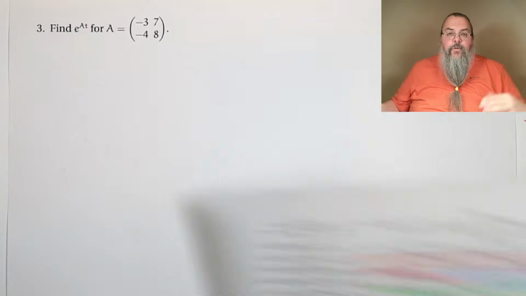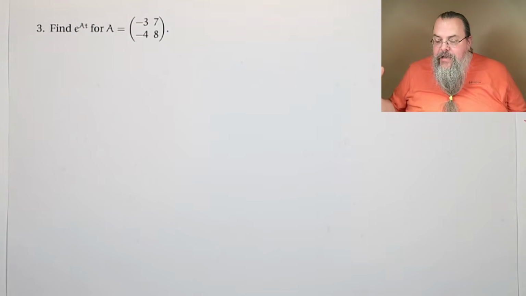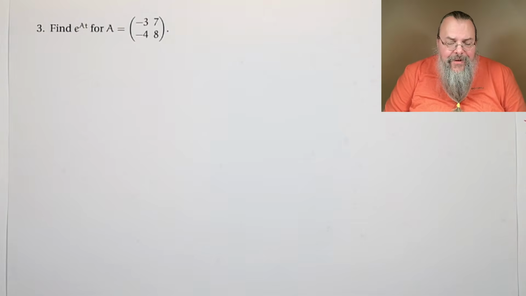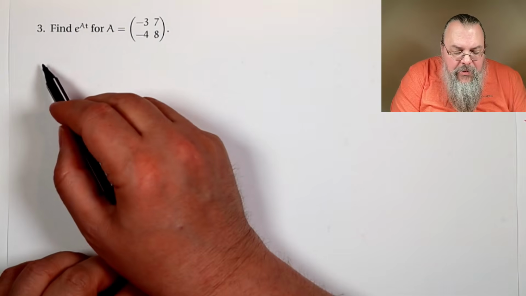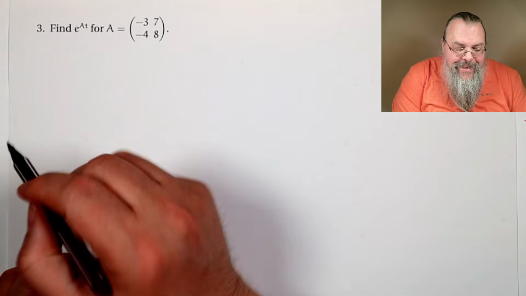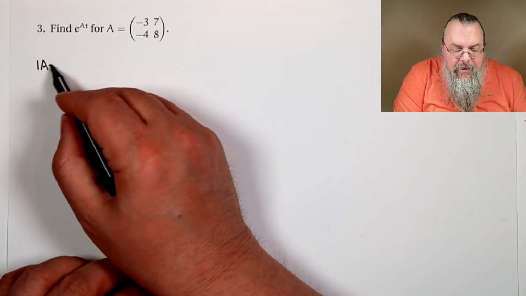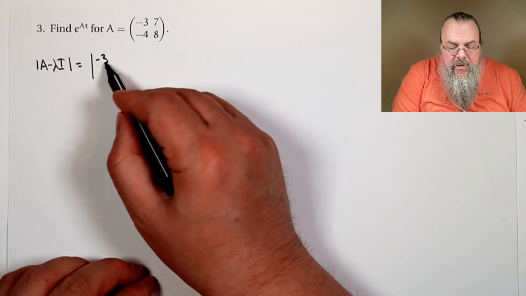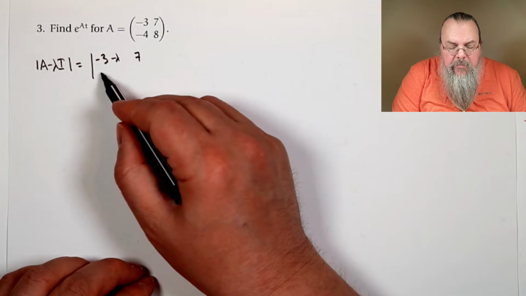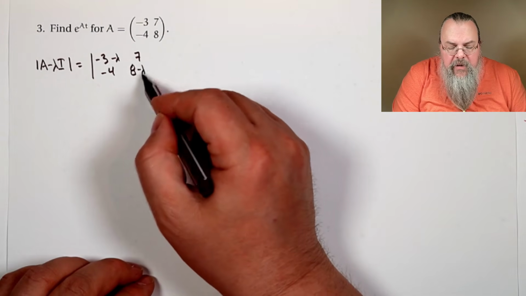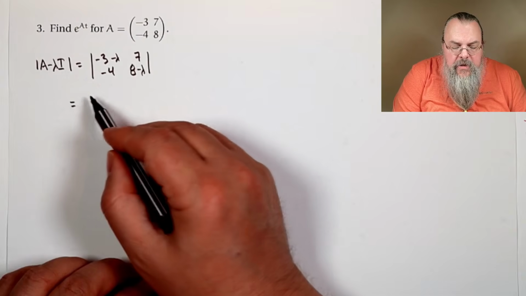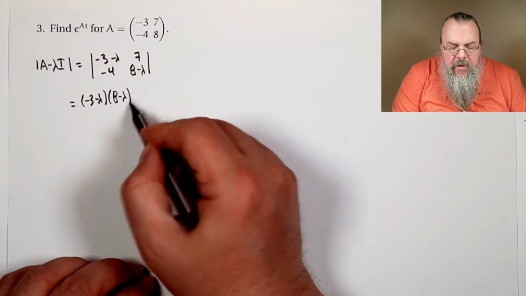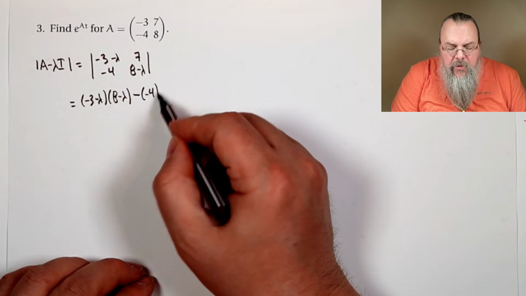So when you're asked to say find e to the at, the first thing you say is, what are the eigenvalues? Okay, so let's do our eigenvalues. All right, so we're taking our determinant of A minus lambda I, and so we have our minus 3 minus lambda, 7, minus 4, 8 minus lambda, and okay, minus 3 minus lambda times 8 minus lambda, subtract negative 4 times 7,